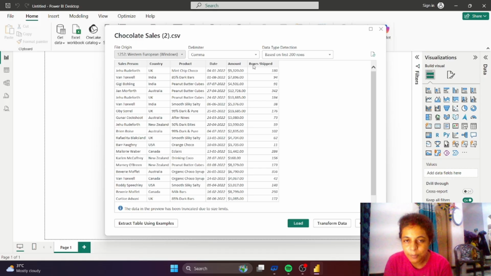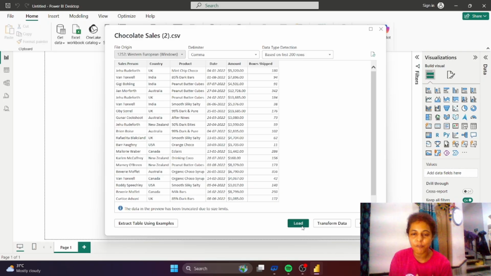We have already extracted the file from the computer or laptop by browsing it after clicking CSV. Then it has come here, and right now I think you are all watching that it is showing two options, Load and Transform Data. First of all, don't click on Load whenever you are going to upload any files.